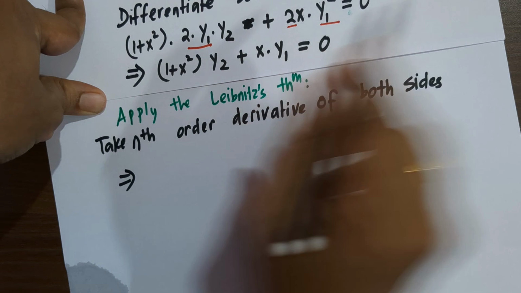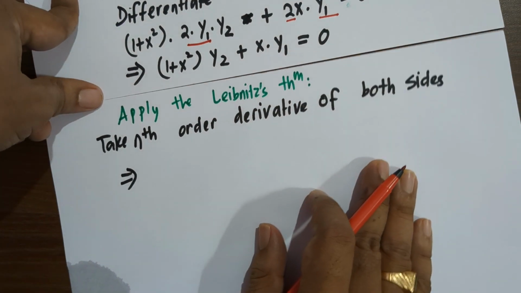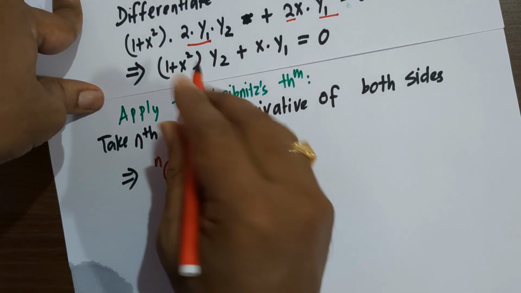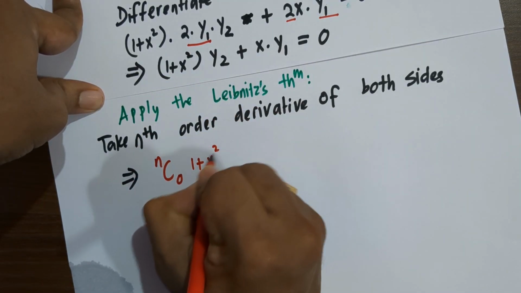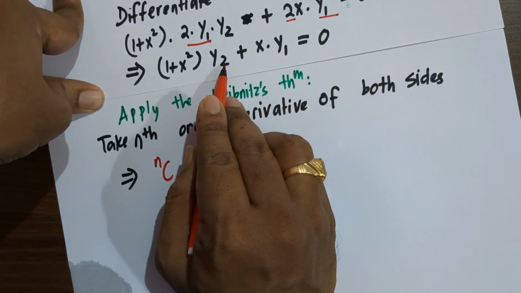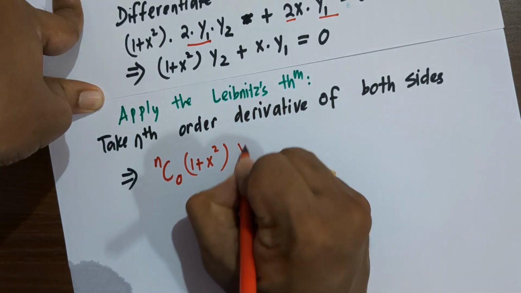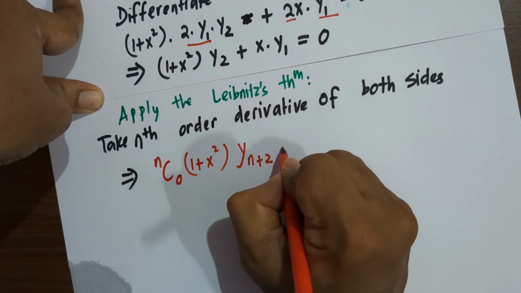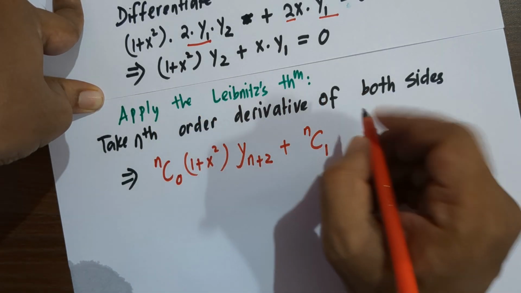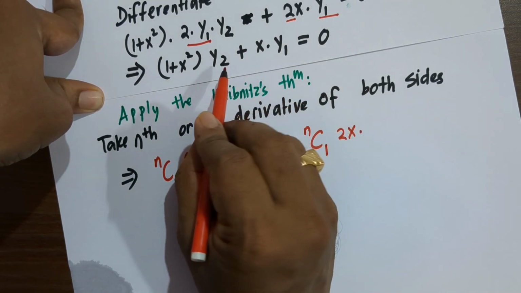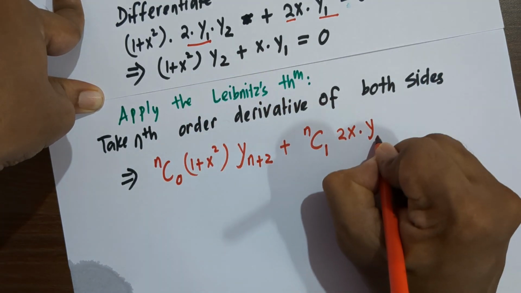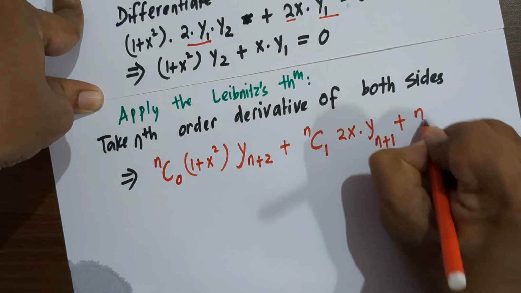So for the nth order derivative of this one, we will apply Leibniz theorem. Leibniz theorem says this is nC0, keep the first as it is. Then the nth order derivative of the second, this is u, this is v. The nth order derivative, here we already have the second order derivative, so the nth order derivative will be y_(n+2), and next we have nC1 times the first order derivative of 1 plus x squared, which is 2x, and the (n minus 1)th order derivative of y2, which is n minus 1 plus 2, this is n plus 1, plus nC2